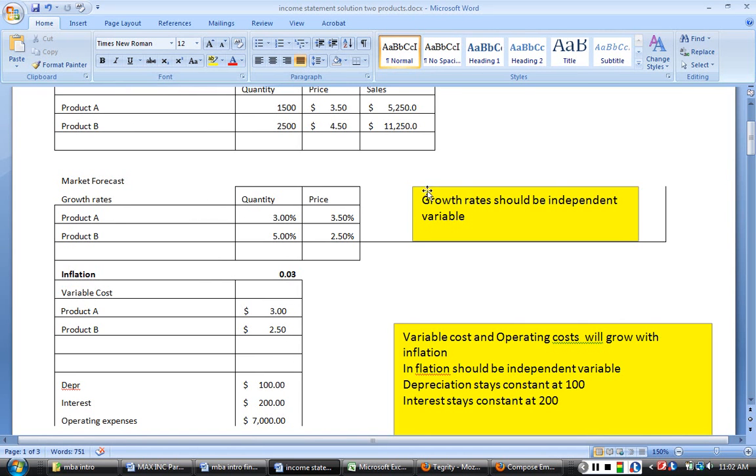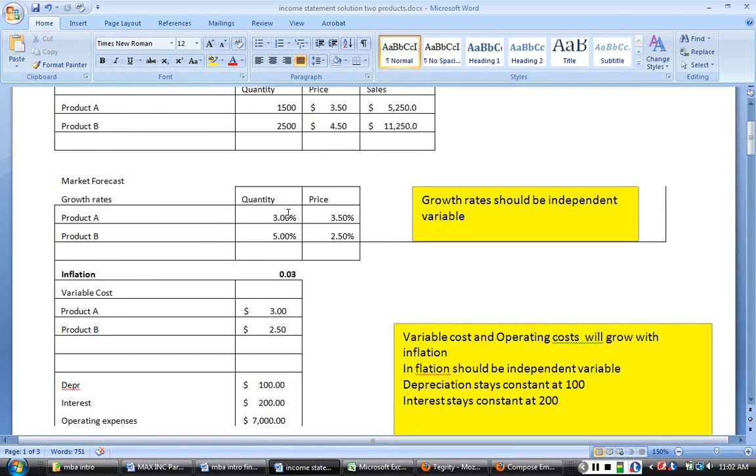The other thing, as I mentioned when I gave you the assignment, that we want to do is to make sure these growth rates are independent variables. And that means that when we are trying to forecast the implications of these growth rates on what happens to the future sales and the profitability, we should be able to change these numbers, and the whole Excel spreadsheet should automatically calculate the numbers. So for example, let's say after we created the spreadsheet, our marketing people decided that because